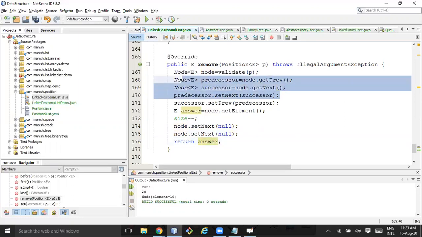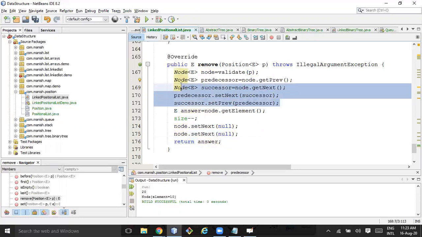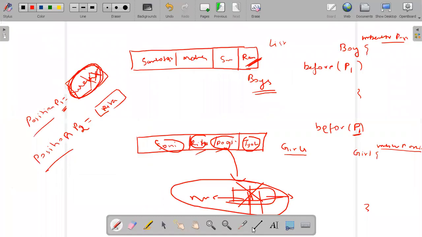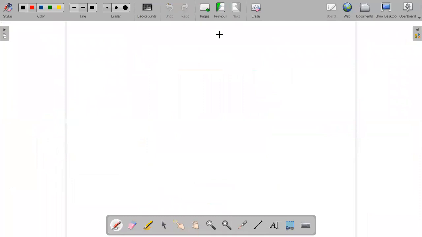I hope you got this point. This is not complex. This is very simple in the case of a doubly linked list. Or do you want me to explain? Then it's something like this. I have 3 nodes. Let's say I have to delete the middle node.